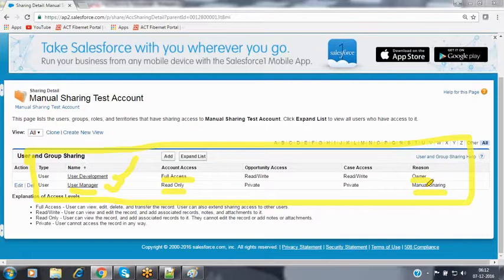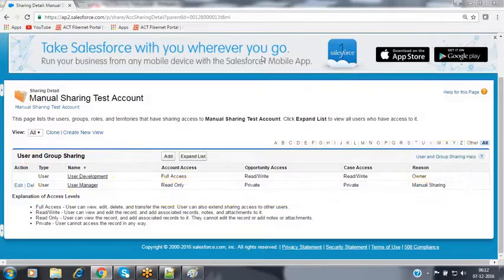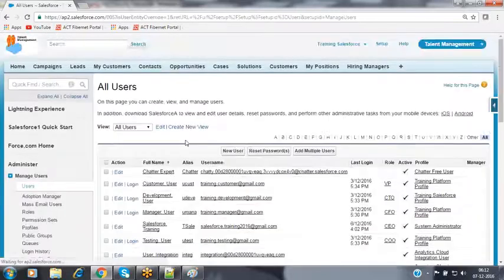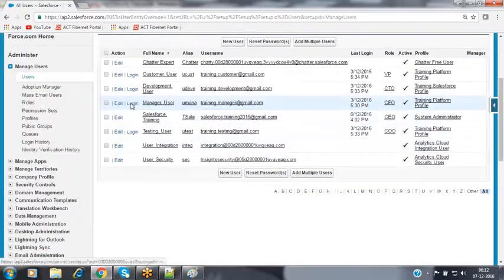Because I'm going on vacation, due to some personal emergency, whenever I'm on my vacation, one of my colleagues, that is some user manager, is going to be taking care of my record here. So for that, we are granting visibility on my record to my colleague also, that is some user manager. So now let's see here. We have granted the access now. Now let's verify whether this person is able to access my record or not. Now let's log out from this user and log in as the manager user.